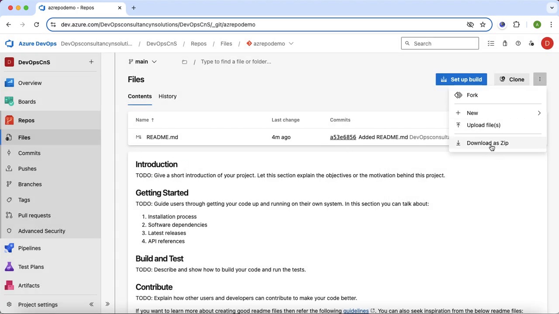And below is the option if I want to download as zip or upload the file. If I have a file on my local and I want to upload that file into my repository, I can click here on the upload file option. So quickly I will create the YAML file in my repository and see the rest of the options like create the